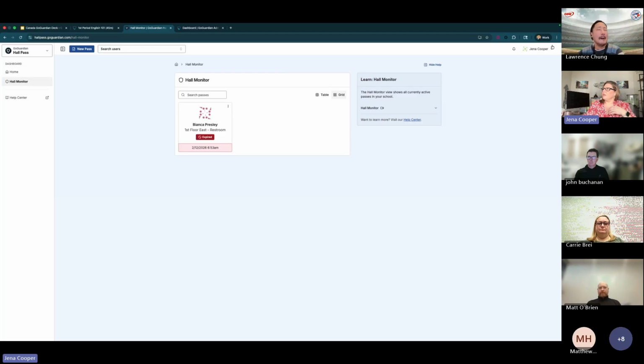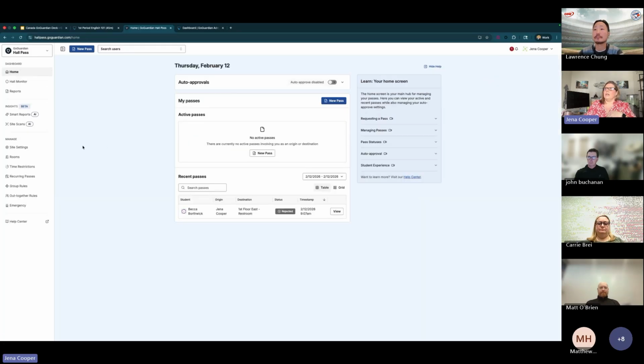So this gives you huge insights into the data as well. So if I log in as an administrator, I can see all of my site settings. I can go into every room. I can set up time restrictions if we have recurring passes. Again, this is for that safety. If you're handing a student a piece of paper and something happens at school, how do we know where they were headed, where they were going, who gave them the paper pass? Are they missing? This gives all of your administration, all of your hallway monitors, insights into who's in the hallways, when they're in the hallways, and what they're doing. So this has become a huge part of student safety as well.